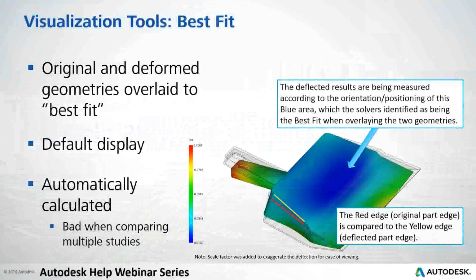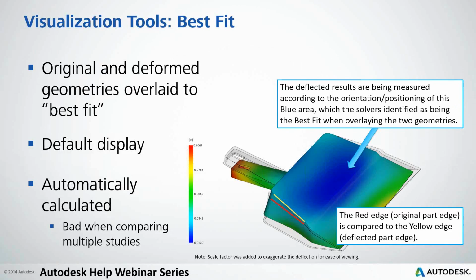So speaking of the visualization tools, I'm really talking about within the results ribbon, there's a tab once you enable one of the deflection result plots. It'll basically say visualization, and within that there are a few additional options in there, such as best fit, anchors, scale, and so forth. So first I'm going to touch base on the best fit option. So whenever you first look at a deflection result, Synergy applies a best fit